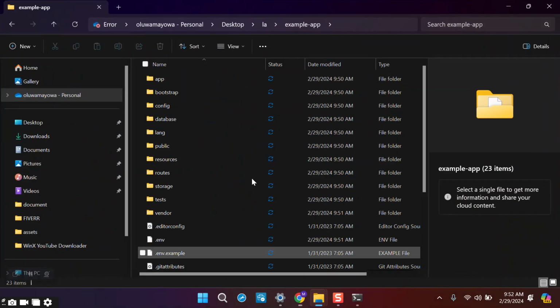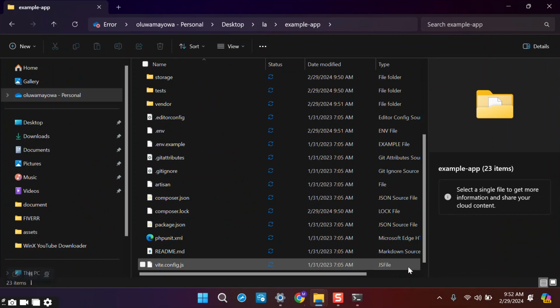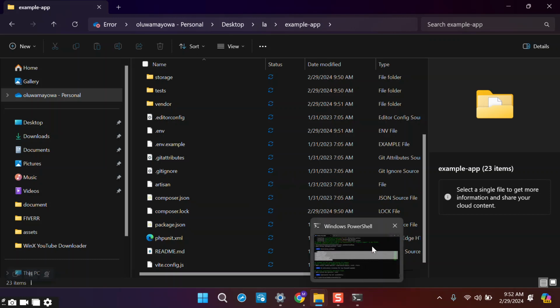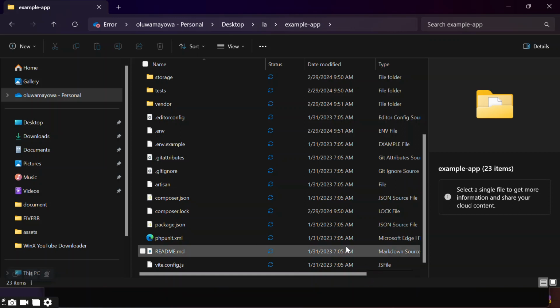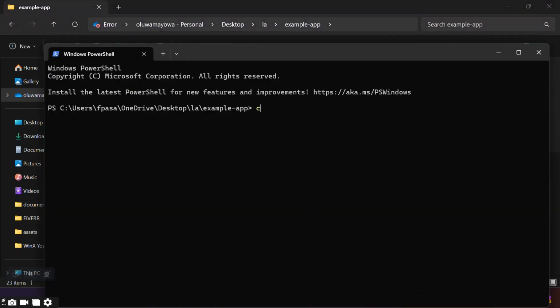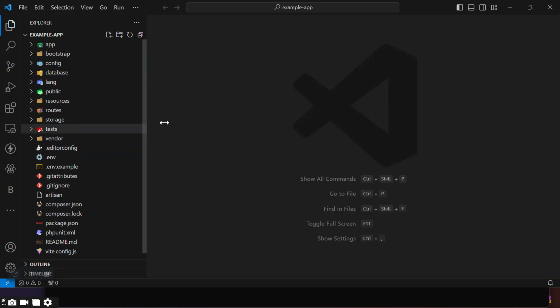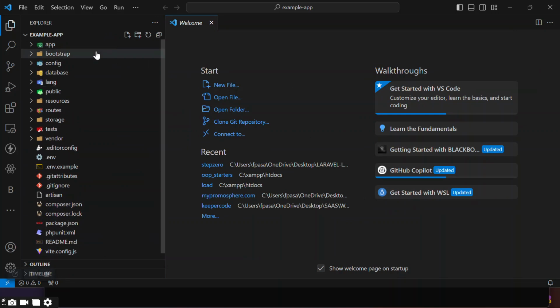Now, since you've entered the project, you can see we have all these folders. Let me open it in VS Code. I'll open up my terminal here again. I should have changed into that folder already instead of opening up my terminal. Alright, I'm just going to type in code space dot and hit enter. When you type in this command, it automatically opens up your VS Code. Then here we go. These are the folders, everything you get when you install a new